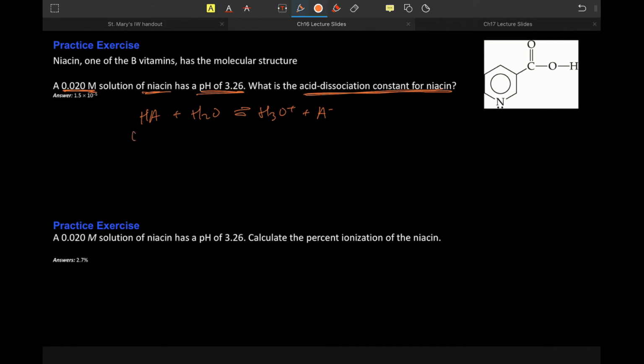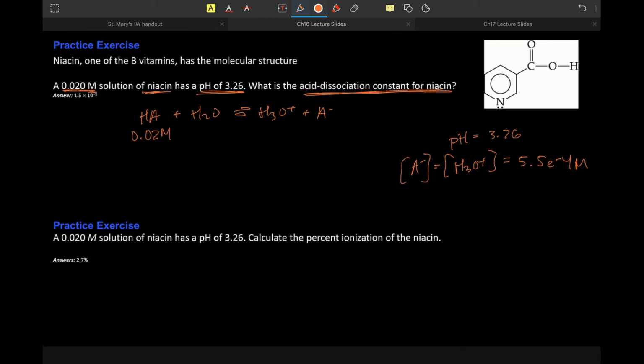We know that we have 0.02 molar of this, right? And what else do I know? I know that I have a pH equal to 3.26, which means that I also know my H3O plus concentration, yes? So we'll go ahead and solve for our H3O plus concentration. All right, so we have our H3O plus concentration, which is also our A minus concentration,